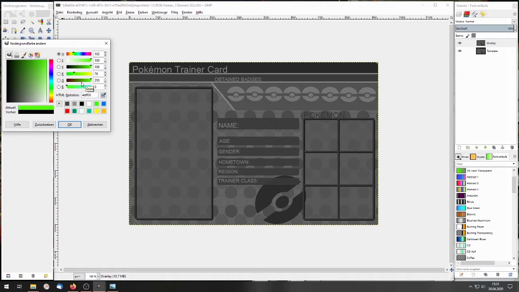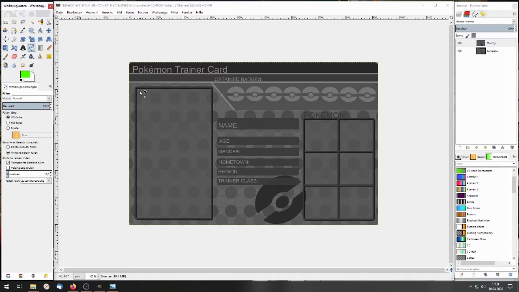Now there's a problem with Gimp. You should note the hex number of this, which in this case is 4EFF00. That's necessary for later, so I choose this color, click OK. The next part is filling out this one. Oh, that's perfect. Just make this. You have to go opacity on 100%,